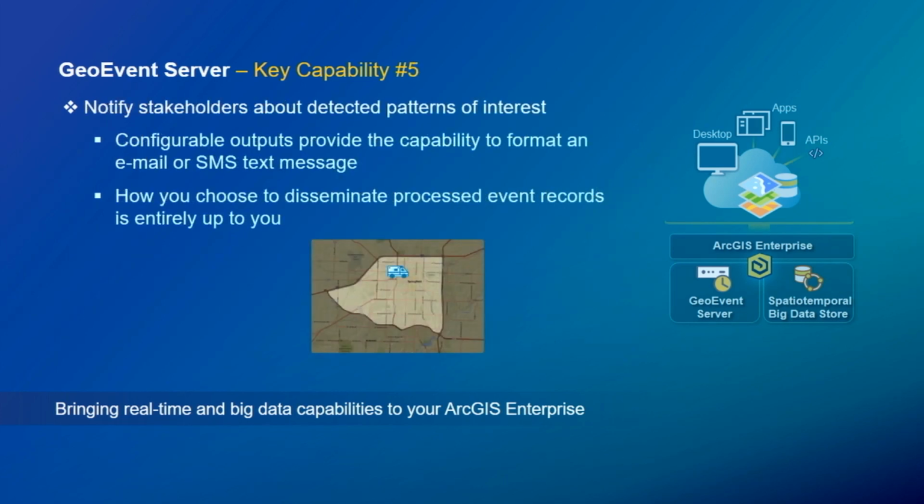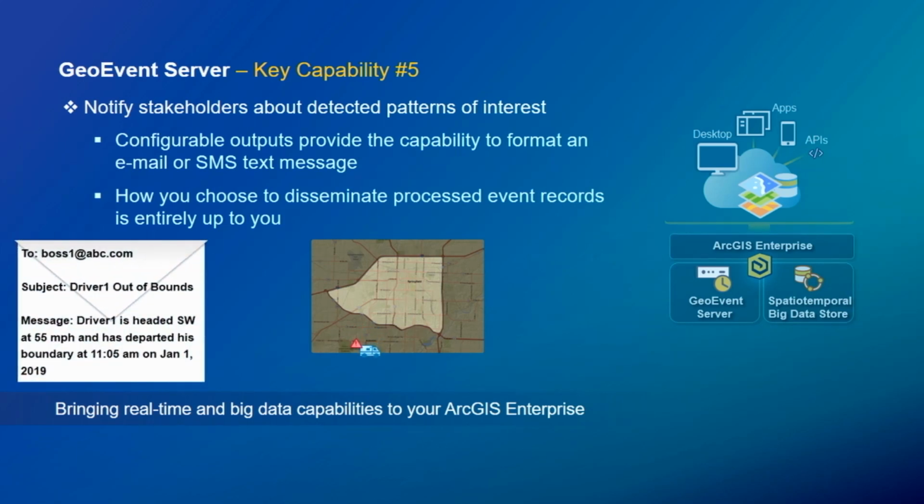Okay, so finally, the fifth capability is dissemination. We've already seen that GeoEvent allows you to store the data in a geodatabase or visualize it as a stream service. But GeoEvent provides a host of other outputs that can be used to disseminate information. For example, if we were interested in when a specific asset went outside of its service zone, we wouldn't want to sit there and watch the map all day, waiting to look for the little icon that's warning us. We would want to set up an output that would send us a notification through an email or an SMS text that said, hey, this vehicle is outside of its zone, you need to do something quick. So we can use notifications like this, or actuation is another way to think of this,